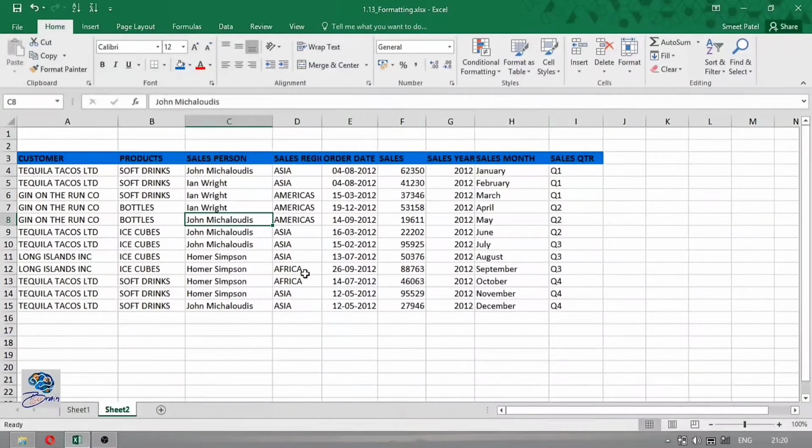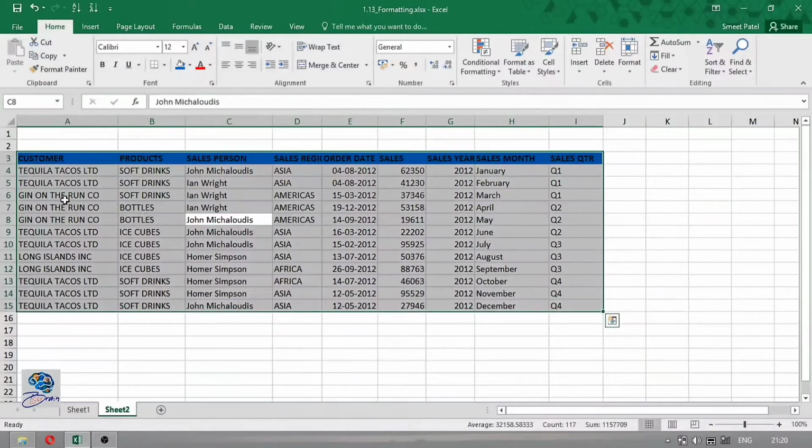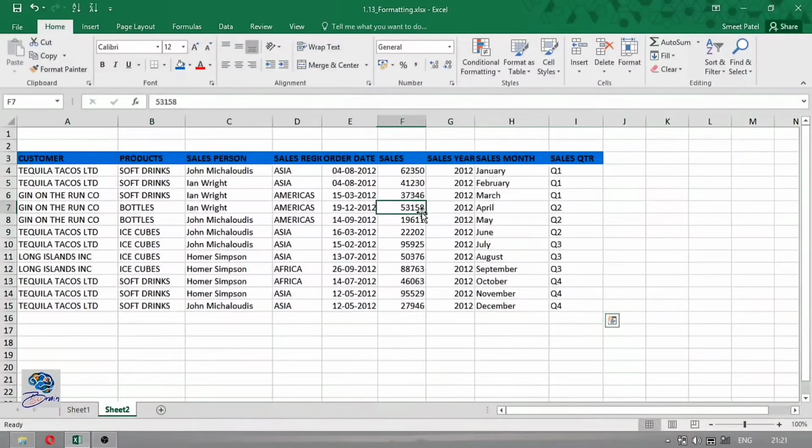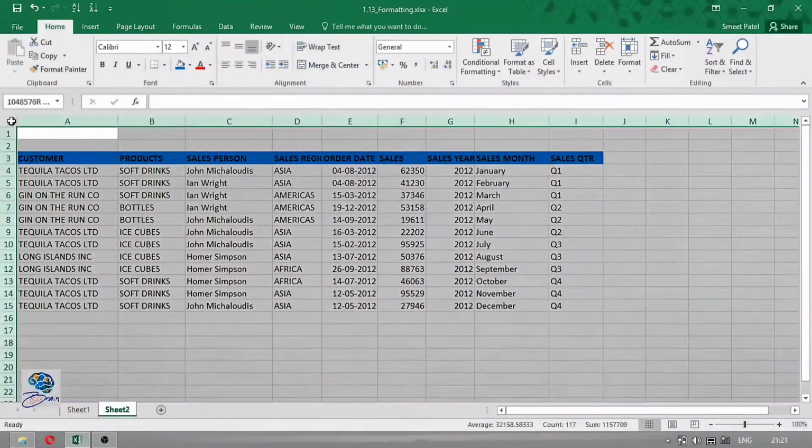Okay, and now you will press the Control A button, so the whole table will be selected. And if you want to select a whole worksheet, you can click this triangle icon near A1, between column A and the first row, so it will select your whole sheet.